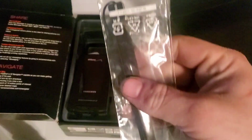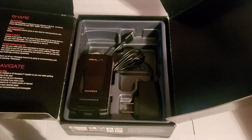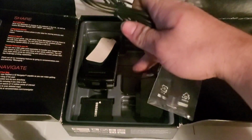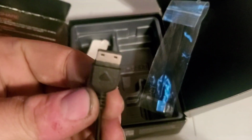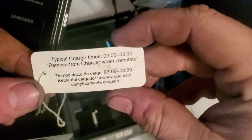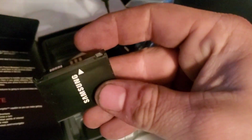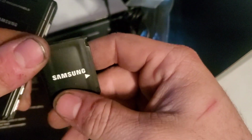Forgot to show that. Opening up your flap, you got some information about the phone, some of the features that it has, VCAS. You have a lanyard strap that is branded Samsung. That's pretty cool. You have your proprietary Samsung adapter. You have this little thingy telling you the typical charge times. Remove the charger when complete. And you also have the standard bulged out lithium battery that comes with the phone,